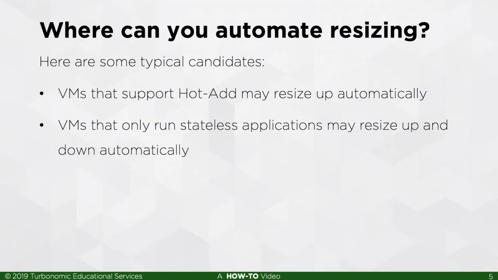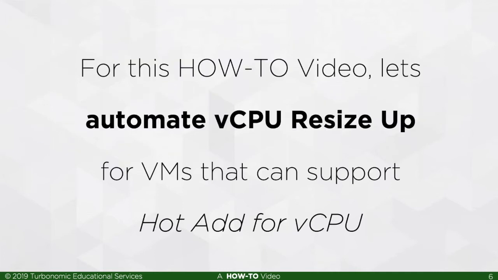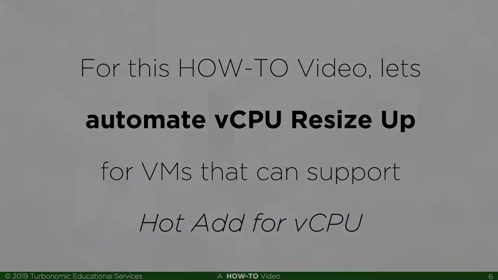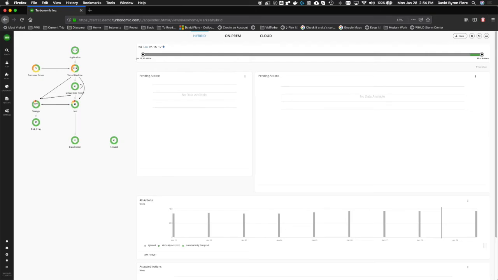But most likely your first candidate for resize automation will be to automate resize up on VMs that can support hot add. And so for this how-to video, that's just what we'll do. So let's automate vCPU resize up for VMs that can support hot add for vCPU. Now here I've logged into my Turbonomic instance. I'm running 6.2.8 in this case. And we're going to go to our settings,